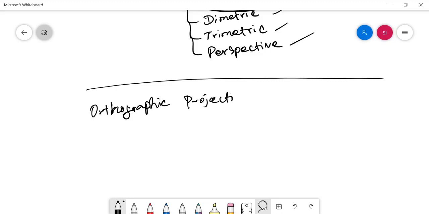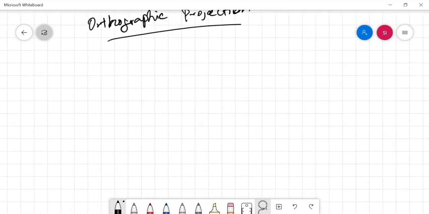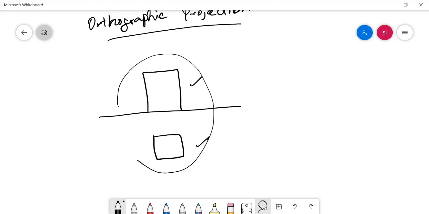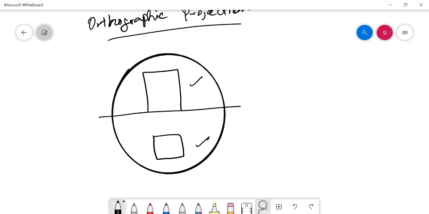For example, by using the horizontal plane and vertical plane, we developed the front view and top view of the object. By jointly considering the front and top views, we can recognize the object. For example, this object can be recognized as a square prism.